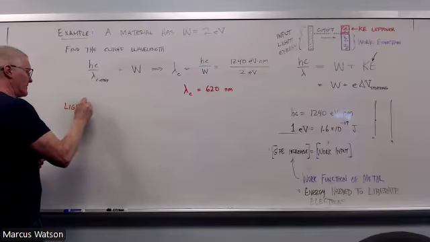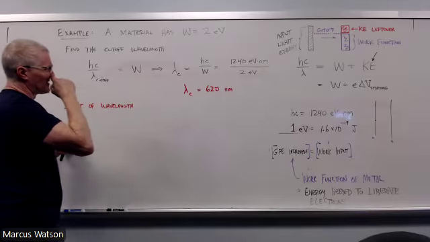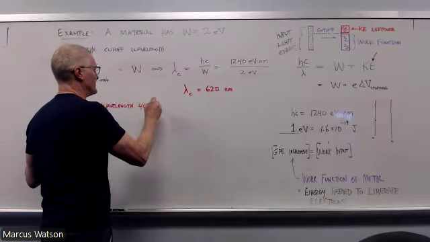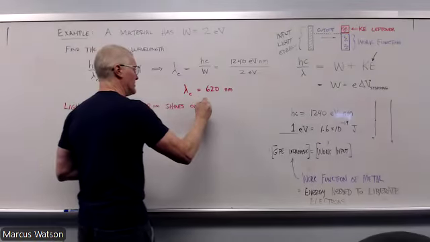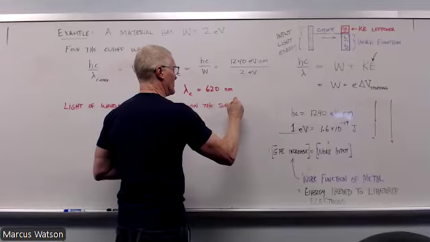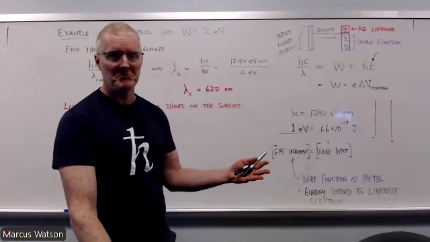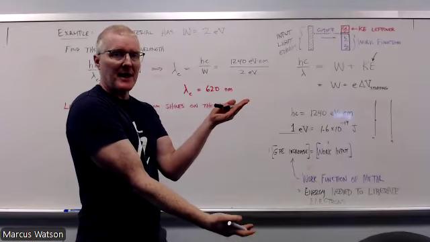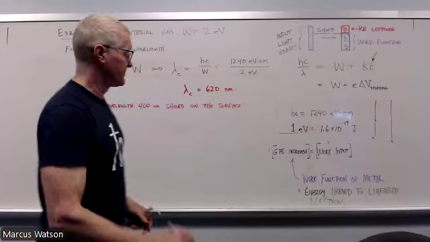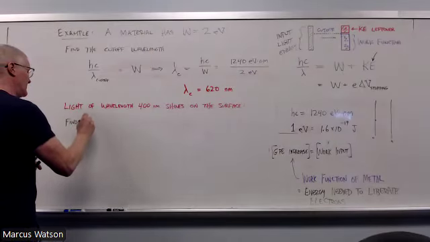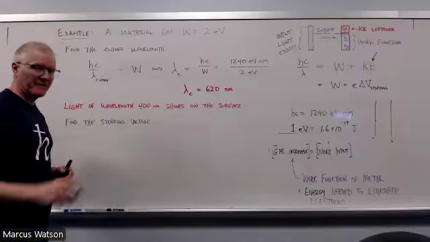Okay? So let's say now, suppose that light of wavelength 400 nanometers now shines on the surface. Now what I want to find out is, first of all, has the work function changed? No, the work function is still the same. It's the depth of the well. That won't change based on what light I'm shining on there. What it will change is the stopping voltage. So if I find the stopping voltage,